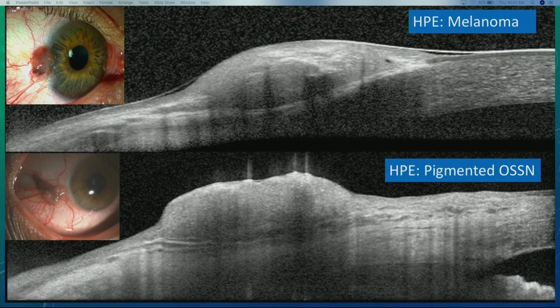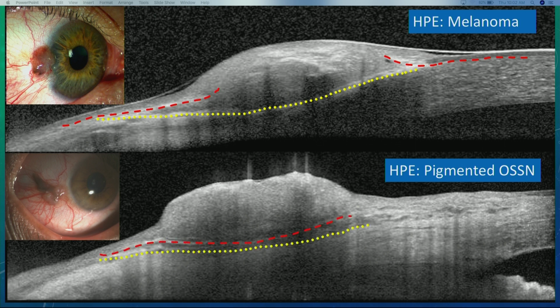I will reveal the diagnosis first. The top picture on histopathology was a melanoma, and the bottom was a pigmented OSSN. But while actually preparing for these talks, I saw how the ASOCT differed in these. So a melanoma we know is a subepithelial lesion, and if we trace the red dotted lines, we see that the epithelium is going over the lesion and the Bowman's layer is below that. So the lesion seems to be arising from below the epithelium and then pushing the epithelium up.